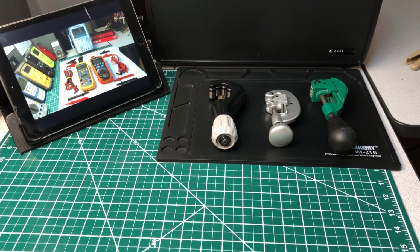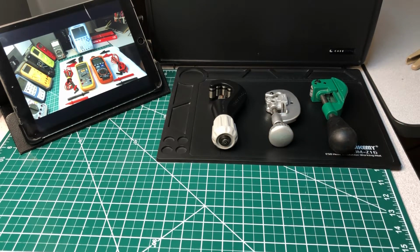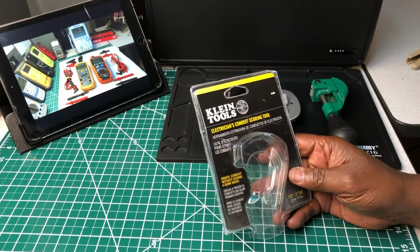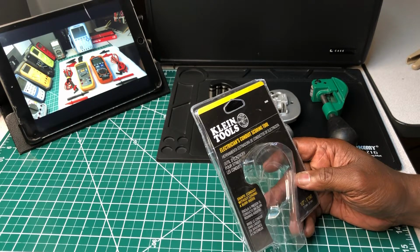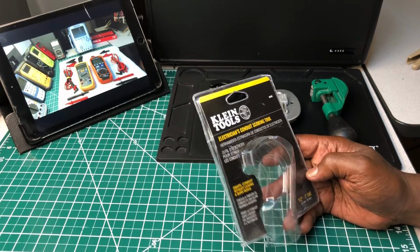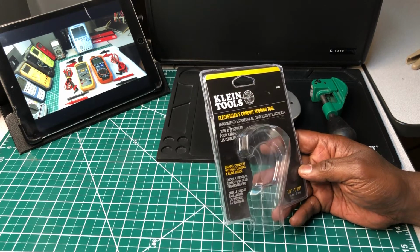We're going to do a comparison between these three EMT pipe cutters, conduit cutters. To the far left here is the KLEIN tools. Let me get the packaging for it. It's the KLEIN tools conduit scoring tube. It snaps the conduit well. It says snaps conduit without leaving a burr inside. It's for 1/2 inch to 1 inch EMT. Model number is